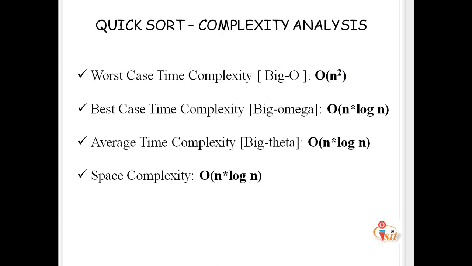To avoid this, you can pick a random pivot element too. It won't make any difference in the algorithm, as all you need to do is pick a random element from the array, swap it with the element at the last index, make it the pivot and carry on the quicksort. The space required by quicksort is very small, only big O of log n additional space is required. Quicksort is not a stable sorting technique, so it might change the occurrences of two similar elements in the list while sorting.